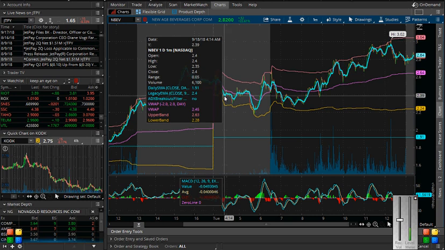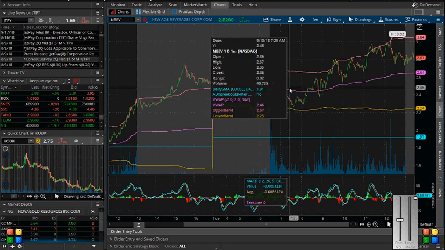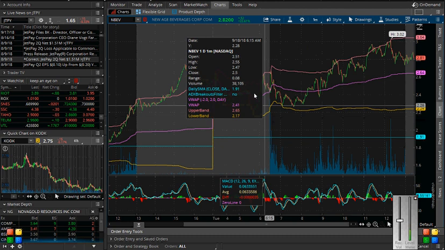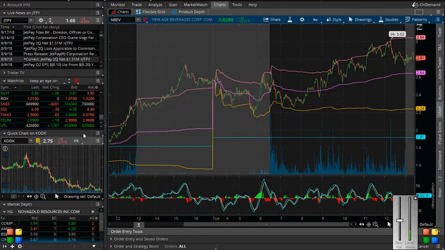So let me try and get rid of the screen real quick here. Alright, so I did not figure it out. I want to get rid of this little menu right here, but can't figure that out. I'm still new on this platform, and it's really in depth, so I got a lot more learning to do on it. So, anyways, it's something that you guys should check out and mess around with